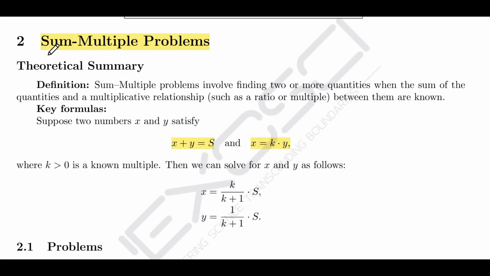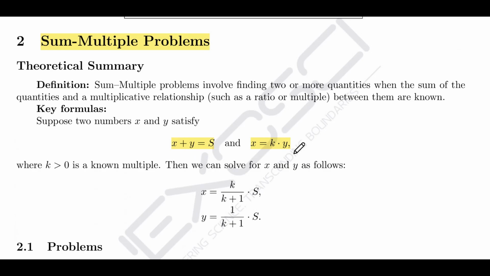Today, we are going to explore a fascinating category of word problems known as sum multiple problems. The concept here is quite straightforward but very powerful. We are looking at situations where we know the total sum of a group of items, and we also know that there is a multiplicative relationship between them. For instance, one number might be 3 times bigger than another, or perhaps there is a specific ratio between two